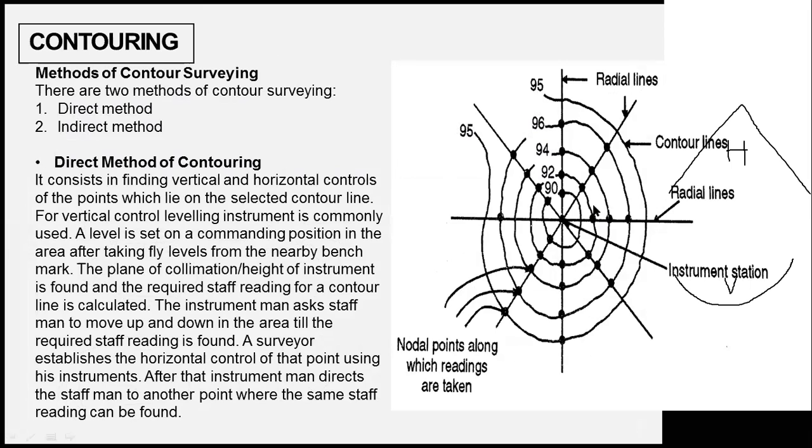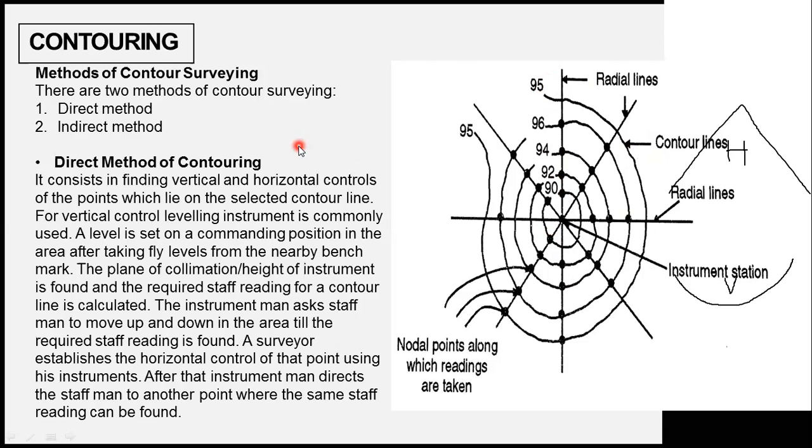Now here, the differentiation of the various directions such as north, south, east, west, these are the radial lines. You can see it here. These are the radial lines, and the curved or circular lines are nothing but the contour lines. Now in this image you can see the elevation is decreasing as you go towards the center, hence it represents a valley, not a hill.